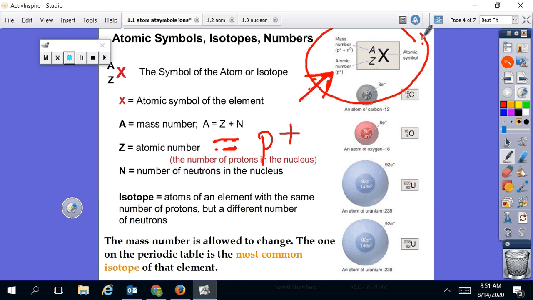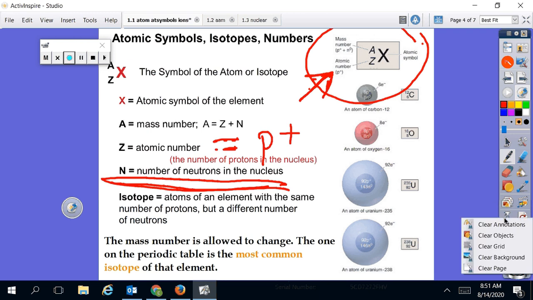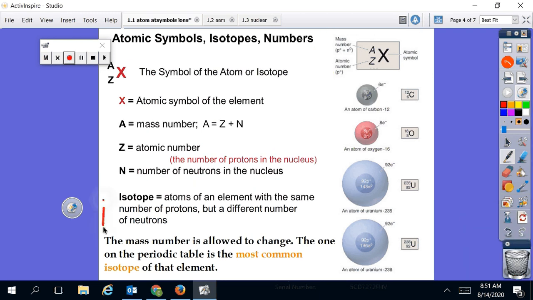Okay. Now, we can also use these numbers to figure out the number of neutrons in the nucleus, and we'll show you that in a minute when we practice. But let's first talk about an important definition that you should know and get in your notes, which is